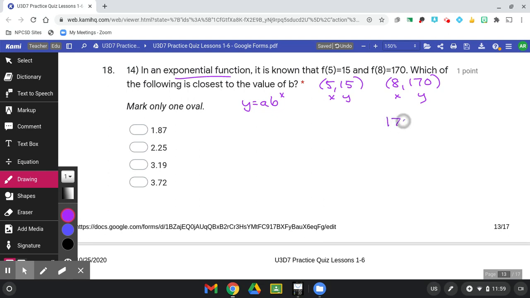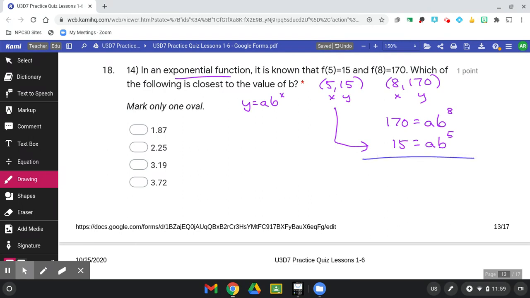So here I know that 170 is equal to a times b to the 8th power. When I do this equation, I get 15 equals a b to the 5th power. Now remember, I want to divide. When I divide that, I get 170 divided by 15, and I get 11.3 repeating. My a's cancel out, and I get b to the 3rd. Now when I take the cube root of both sides,